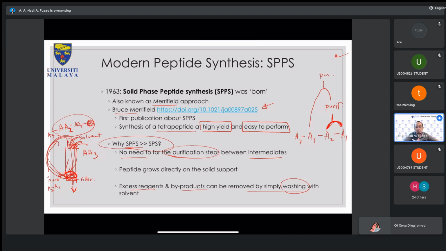All right, so last week we looked a little bit at solid phase peptide synthesis. We stopped at this particular page. So we're going to continue a little bit, finish up the lecture materials on this lecture 4, and then we move to lecture number 5 if time permits, which I think we definitely will.